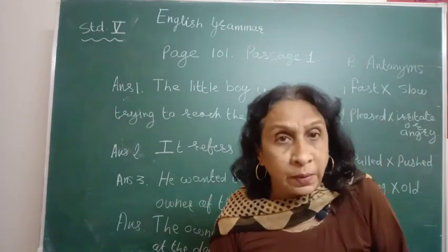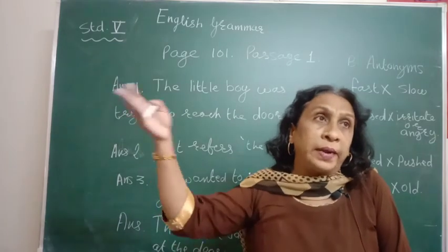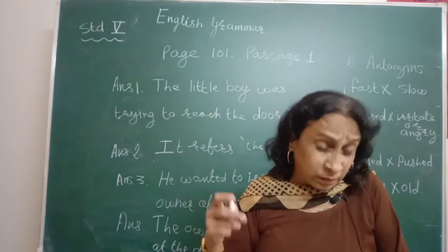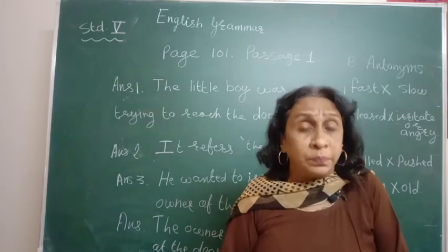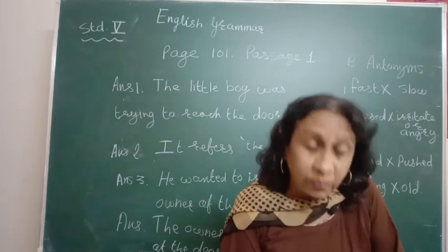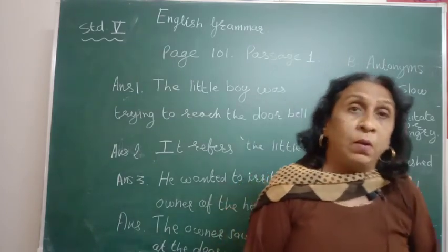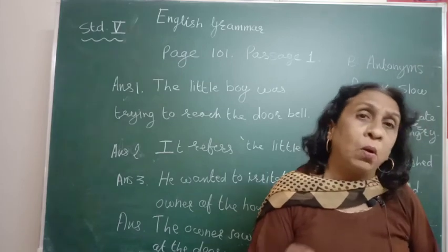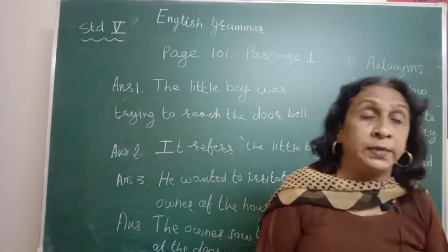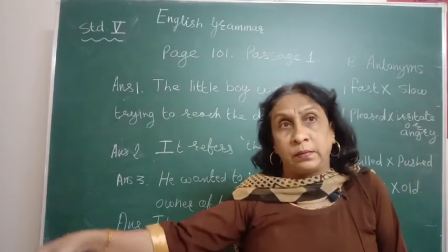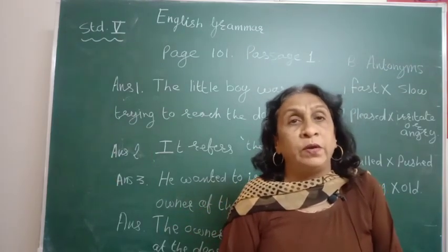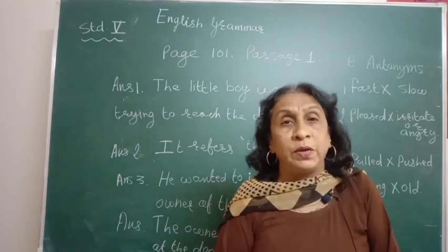You can start a story with once upon a time, or one day, or on a Saturday evening, or any day of the week, like this. Okay. Or long years ago, many years ago, or long ago, there was, like this. You have to read the points and then you have to start a story. Once upon a time, long ago, on a Sunday evening, or on a fine morning, or one day, at 12 o'clock, or any time like this also you can take. So you can start a story with different words. You can begin the story with different words also.